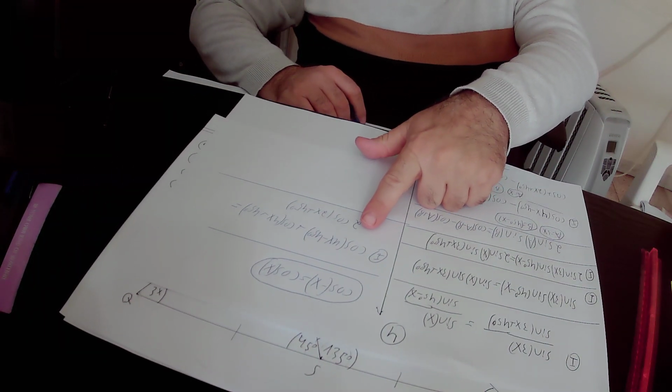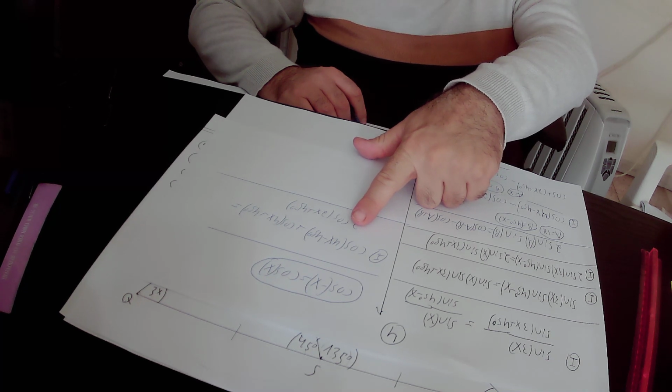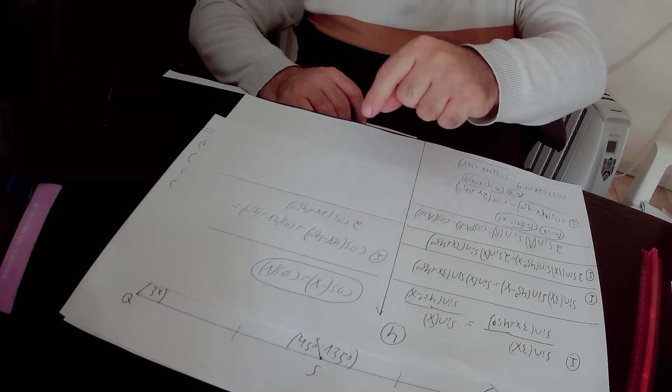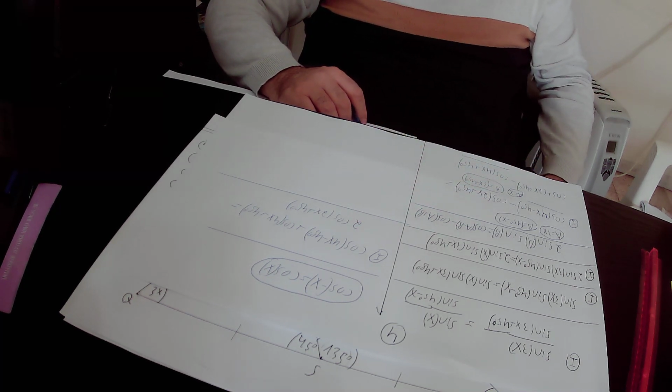So we have here cosine 4x minus 45 degrees plus cosine 4x plus 45 degrees,